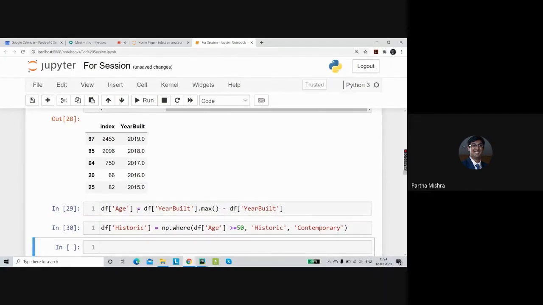that is done. This particular historic column, let's convert it into a category. Now we know it would have been converted as an object because it would be a bunch of strings.